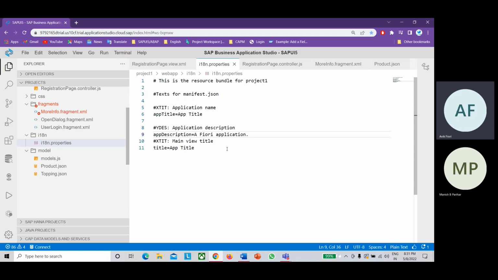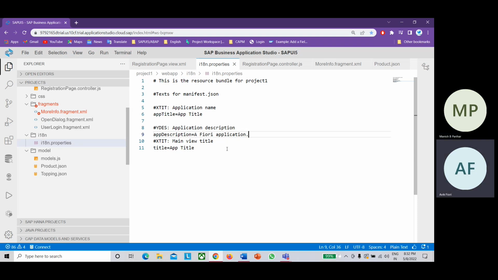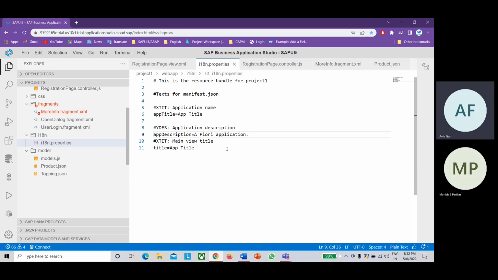And from that resource model, with the help of data binding, we will display that text onto the controls. Okay, is that clear? Yes, Avik, some part is clear. I think when we will see the example, it will be more clear. Okay, so resource model is nothing but it is just storing that information, because as we say, resource